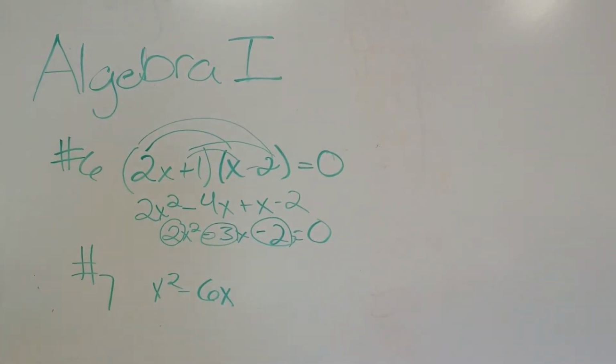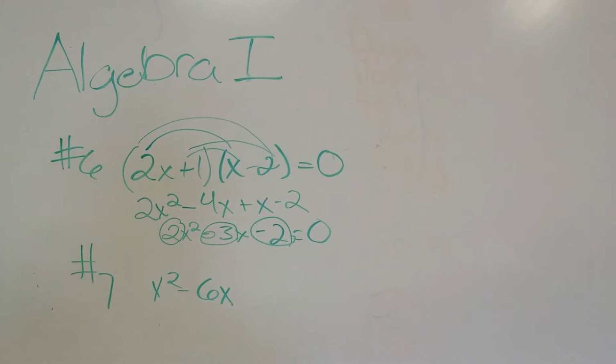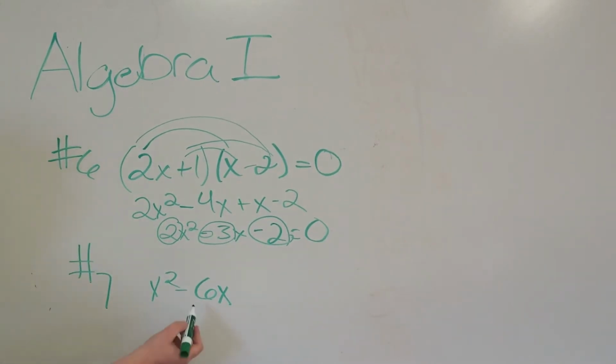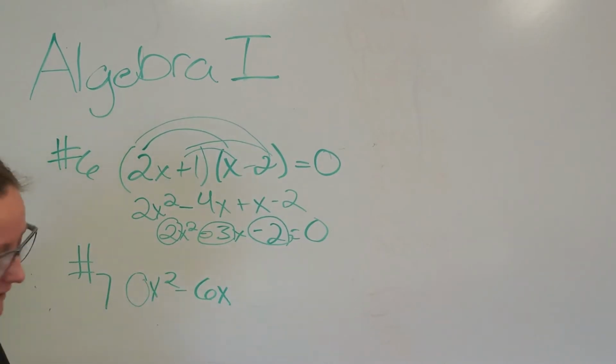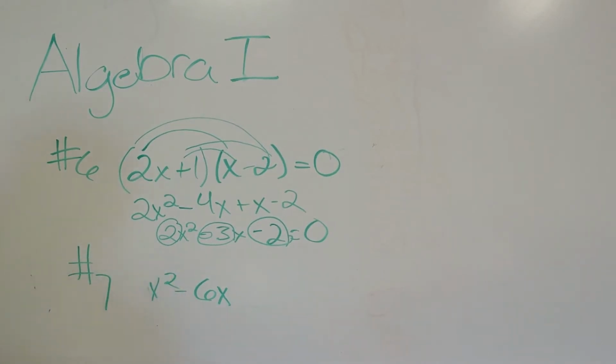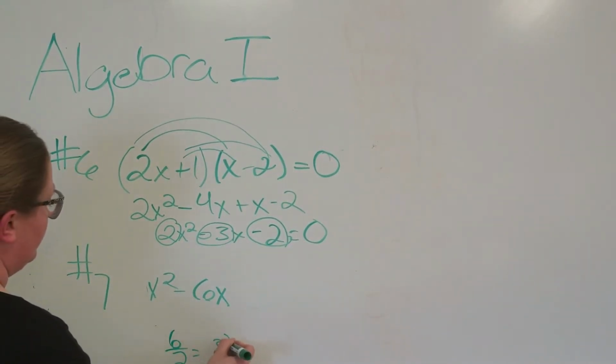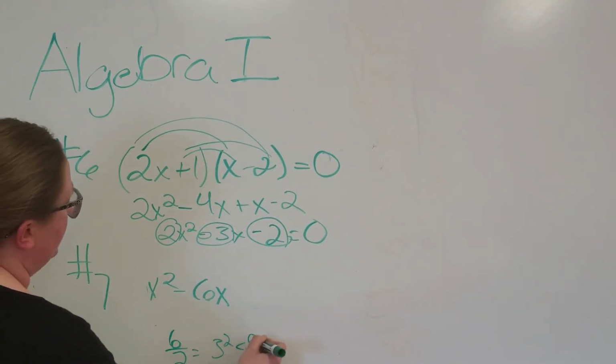All right, number 7, they ask you what would be added to x squared minus 6x to make a perfect square trinomial. So you're going to use a perfect square trinomial in completing the square. If they ever ask you to complete the square, the way you do this so you can solve it easily, all right? So to complete the square, number 1, if there's a coefficient here, that's a number connected to the variable, we have to divide by it. But there's not, so that makes it simpler. You just take half of this number, 6, half of 6 is 3. So 6 divided by 2 equals 3, and then square it. 3 squared is 9. So that's what you would add